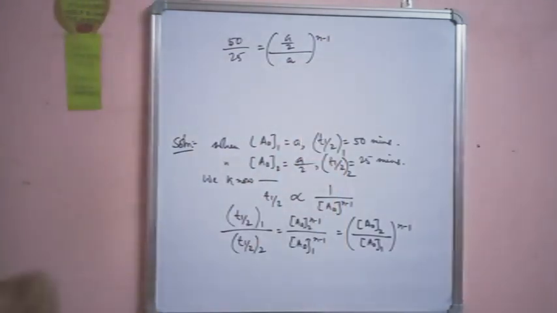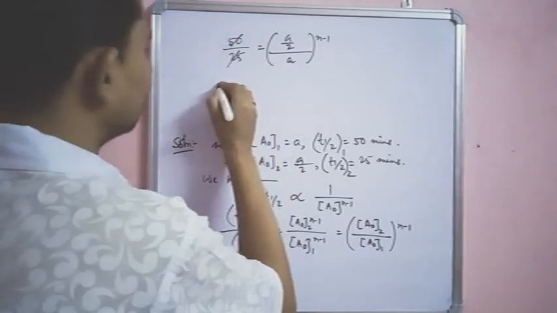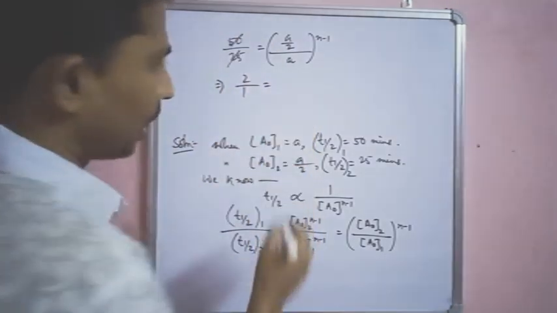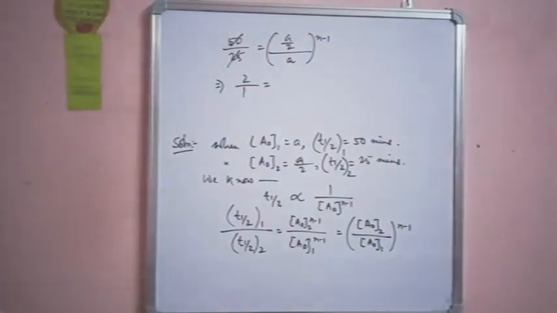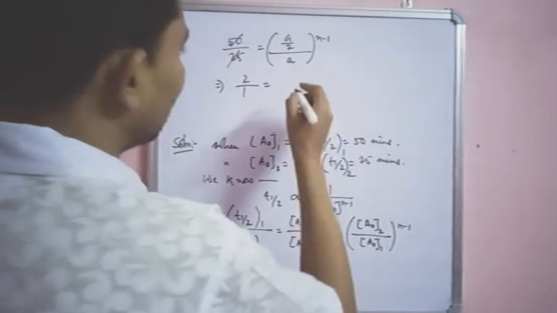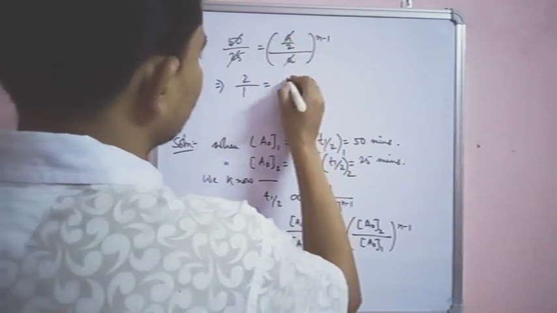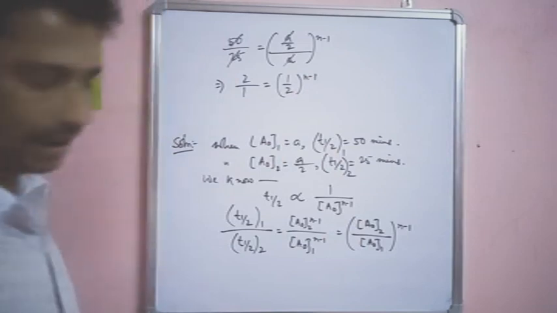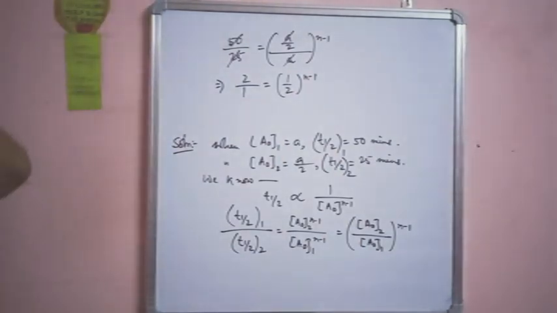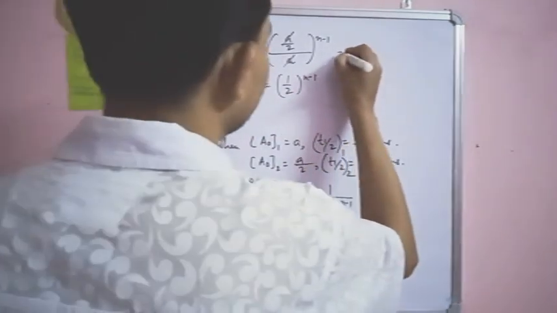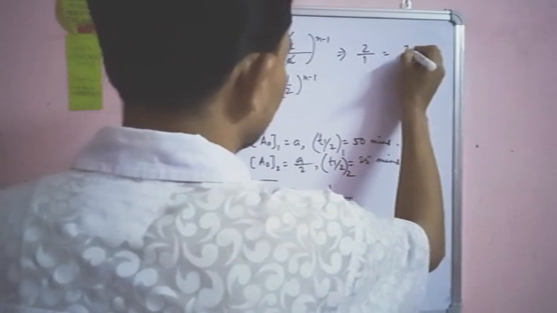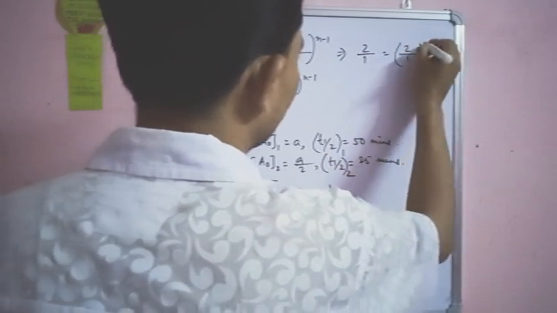So this is our value. So 2 by 1 is equal to half to the power n minus 1. A cancels out, so half to the power n minus 1, ठीक है. 2 is equal to half to the power n minus 1, which implies we can write 2 by 1 is equal to 2 by 1 to the power 1 minus n,